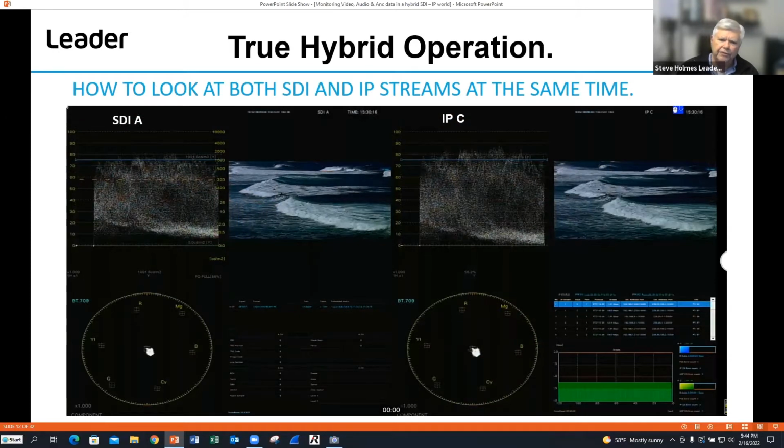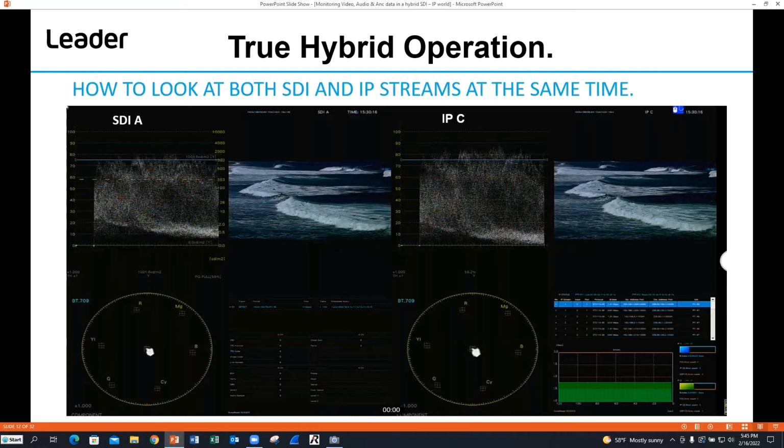One of the beautiful things that some of the newer technology gives you is the ability to put an SDI view and an IP view right next to each other on the same waveform monitor and verify that everything that should be in the picture from the SDI side going into IP is there. Because a lot of what we're going to get into in the early days is encapsulation of something that we may have in the plant in SDI. We need to be able to get in and out of SDI, and we're going to be doing that in most operations for many years. So as we roll into IP, it's not going to be 100% slammed through an existing facility. We're going to start off with a little piece that is IP, and we're going to take some of our SDI, and most of it